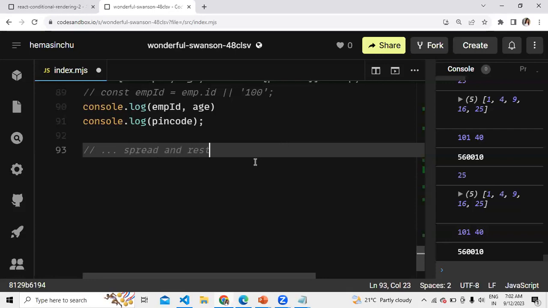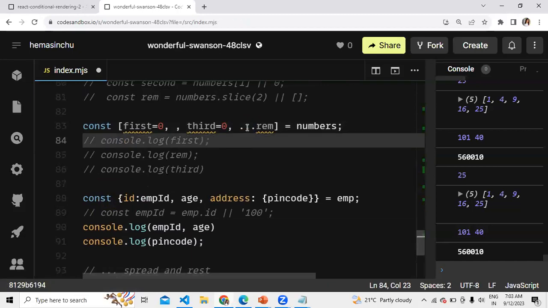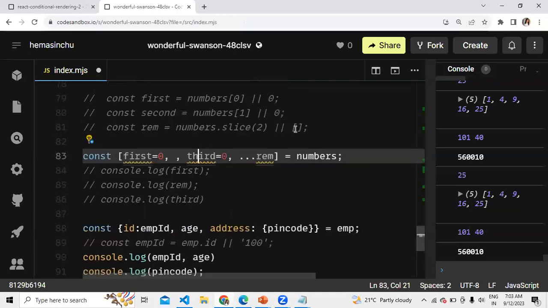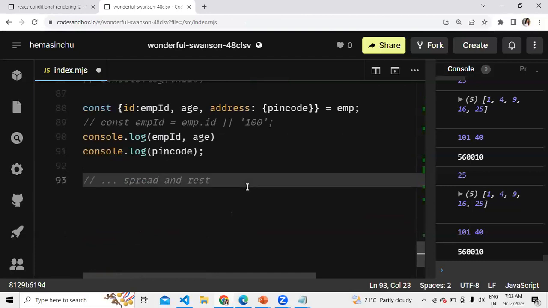We just now saw array destructuring, where we use these triple dots. Here we collected the remaining values. Whatever was there in first, second, third were ignored, and the remaining 4 and 5 happen to be in the rest.